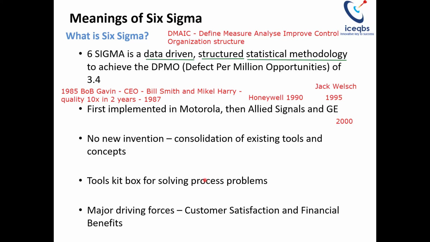There are two major driving forces for Six Sigma: customer satisfaction and financial benefit. Any Six Sigma project will start from identifying the customer who is having a problem with our product or service. Either our delivery is not acceptable to them, or maybe the quality is not as per their expectation, or the price is too high, or something like that. So any Six Sigma project will be initiated to solve the customer problem. And since a lot of effort goes into a Six Sigma project, the financial benefits have to be substantial to justify taking it up as a Six Sigma project. The customer satisfaction